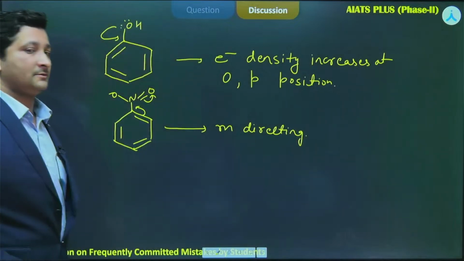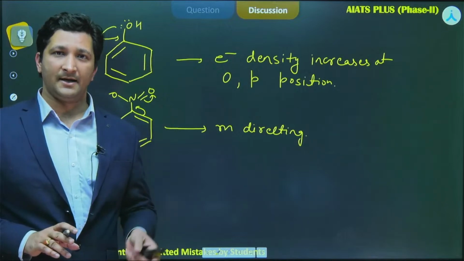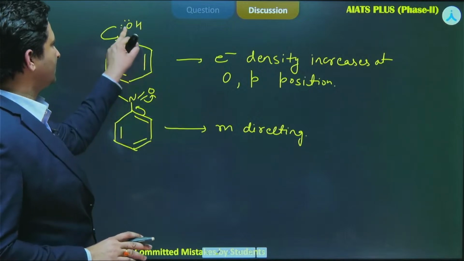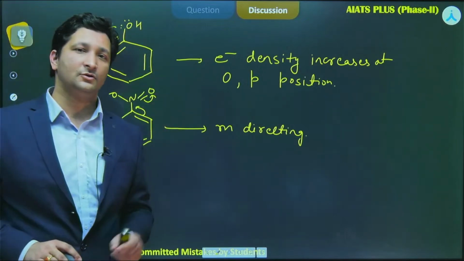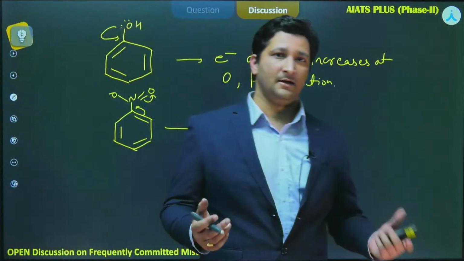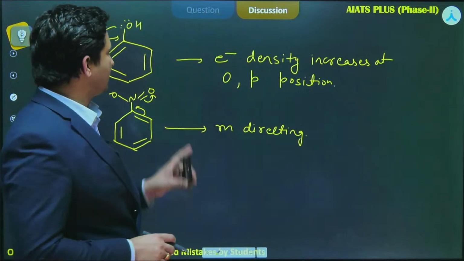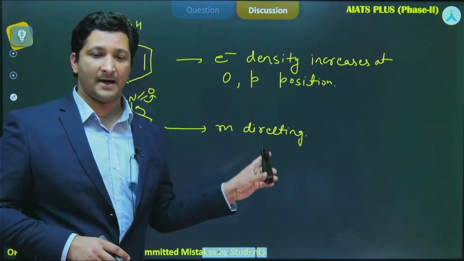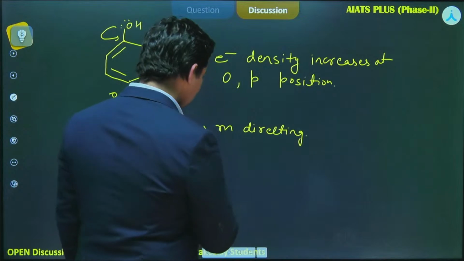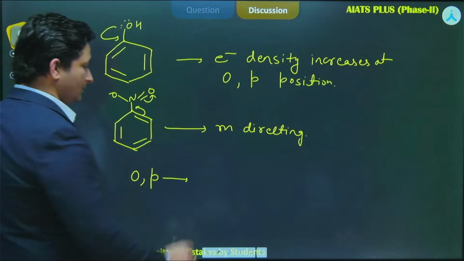Now, while solving this question, if you have to find out which group is ortho-para directing and which group is meta directing, a simple trick is there. If the group which is attached to the carbon in the benzene ring has negative charge, like phenoxide ion, or lone pair of electrons, then in that case it generally becomes ortho-para directing. Examples of ortho-para directing are OH,